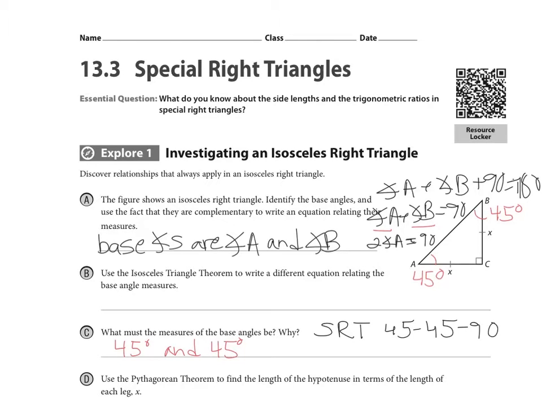So what we're going to do next is look into whether there's a special relationship between the two legs of these isosceles triangles and the length of the hypotenuse. And of course, we're going to find that that is definitely the case. So here's our hypotenuse, remember, across from the right angle. So in part D,